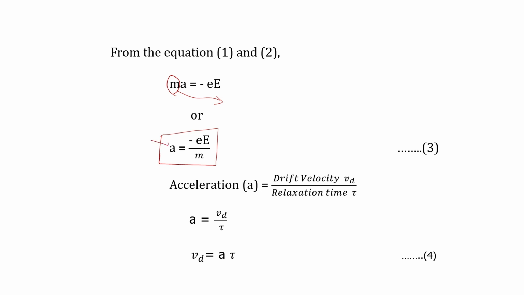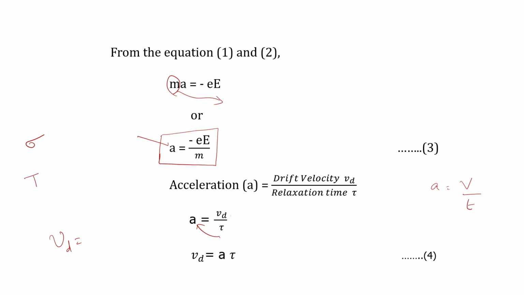Now, acceleration of the electron is equal to velocity by time. Here, acceleration is taken as drift velocity divided by relaxation time. So, a is equal to Vd by tau. We need Vd. Vd is equal to a into tau, because we are going to derive the expression for electrical conductivity, in which